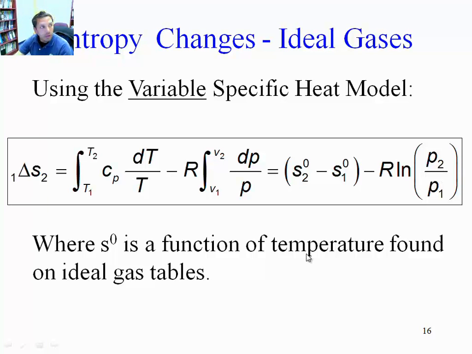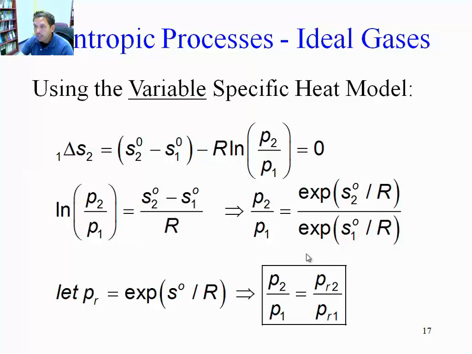Okay, so we go to the table and extract that. Now furthermore, what happens in isentropic processes? Using the constant specific heat model, we took that equation of delta S equal to 0 and manipulated it algebraically and found that P times V to the K is equal to P times V to the K from state 1 to state 2. Now we cannot do that in this particular case. We cannot do that because we don't have an equation to relate temperature and pressure directly. We have an equation that relates S0 to pressure. For isentropic processes, we make this delta S equal 0.